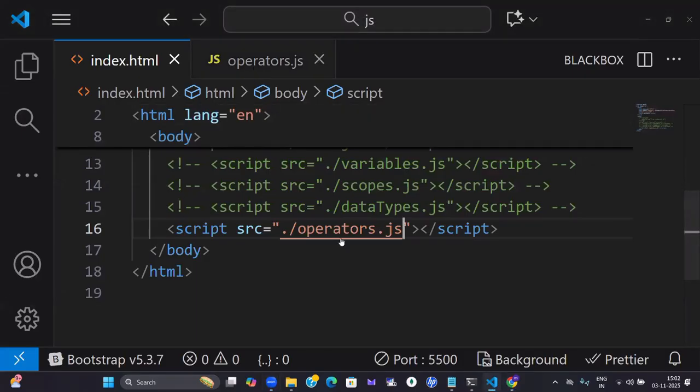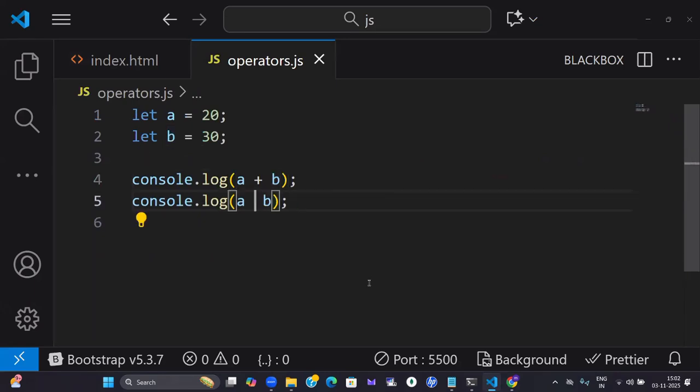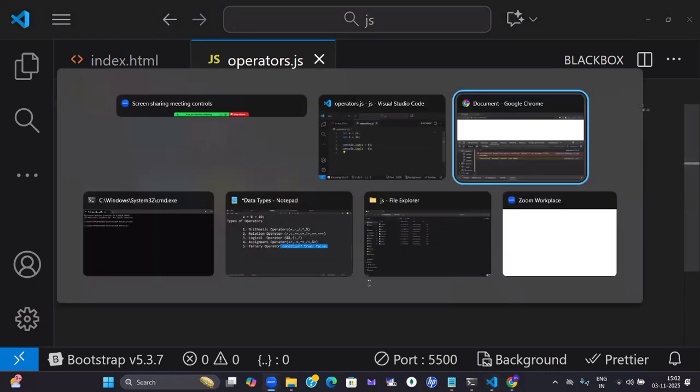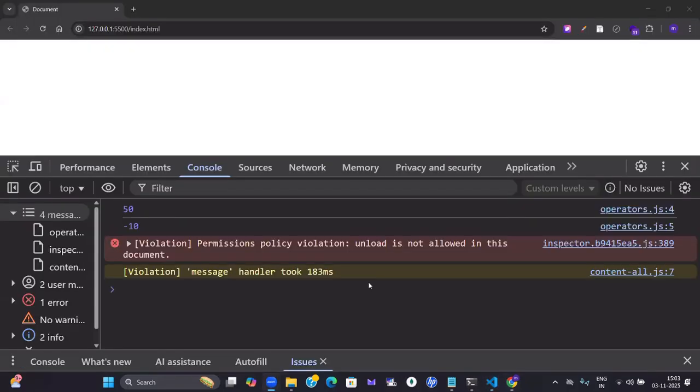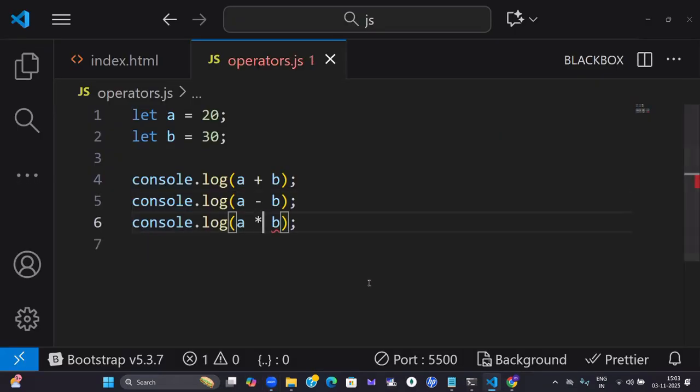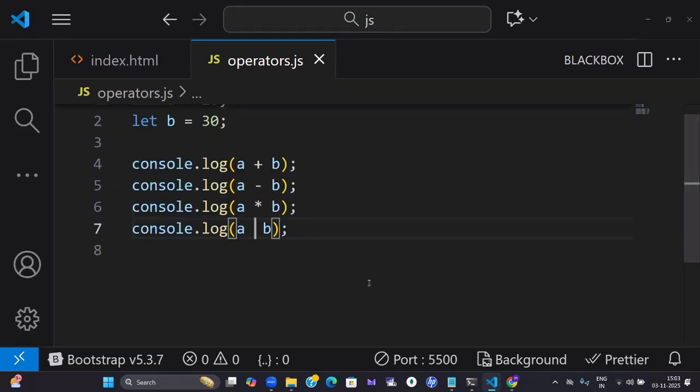Now next arithmetic operator. Minus, 10. Next. Now, 600. Okay. Now